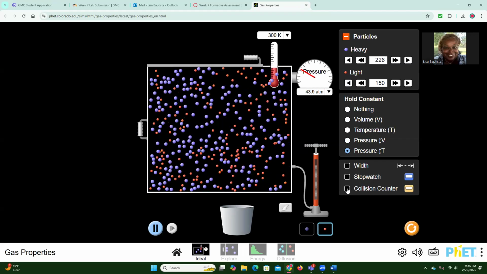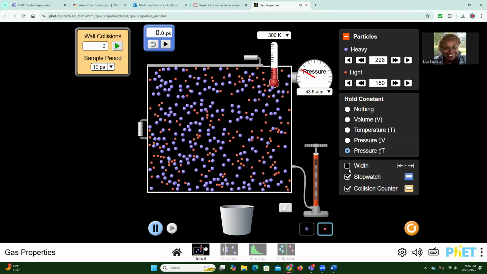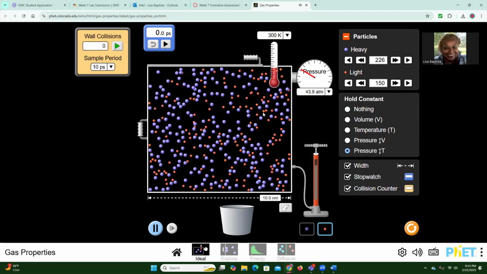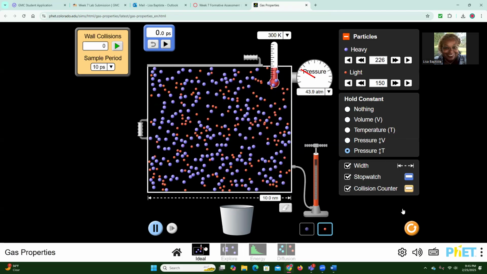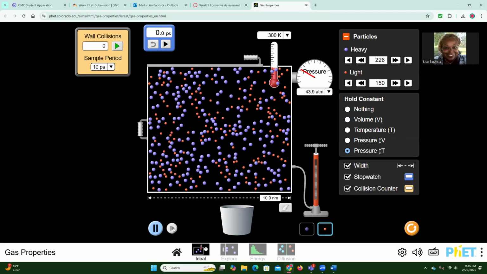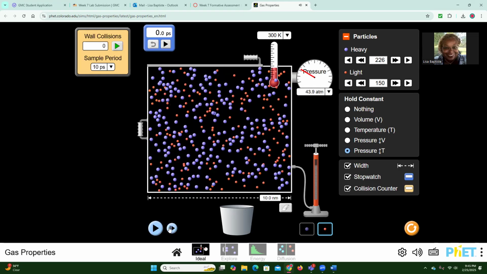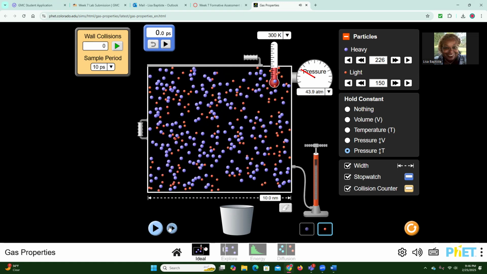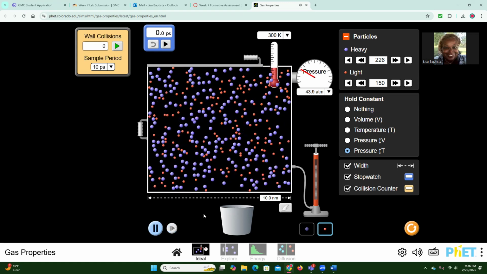And so you can look at the collision calculator, the stopwatch. You can measure the width. Okay, so all of these things you can play around with. So play around with this. You can stop it, okay, and then start it up again slowly, or you can just have it going at